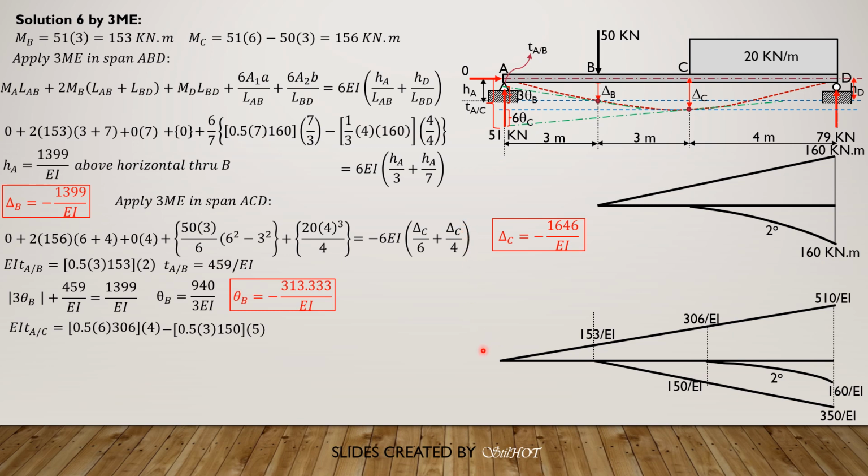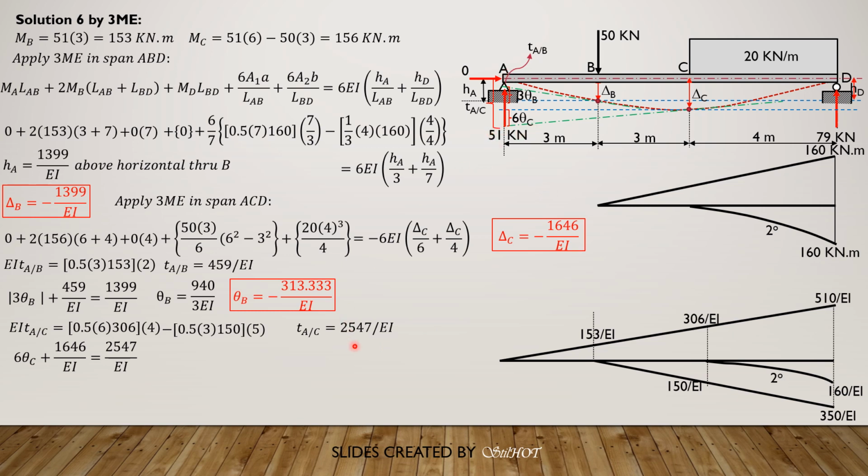So EI times the deviation of A relative to C is 1/2 of 6 times 306 over EI. The moment arm is 2/3 of 6, or 4. Then minus the area of this triangle. The moment of this triangle is 1/2 of 3 times 150. The moment arm is 2 plus 3, so 5. So 0.5 of 3 times 150 times 5. So the deviation of A relative to C is 2547 over EI, which is positive because A is above the reference